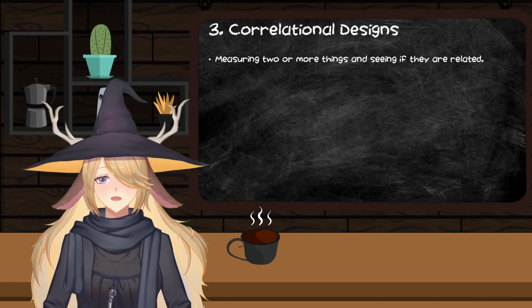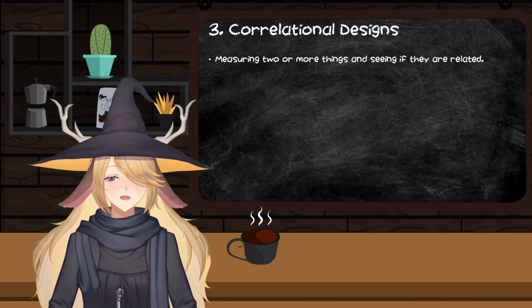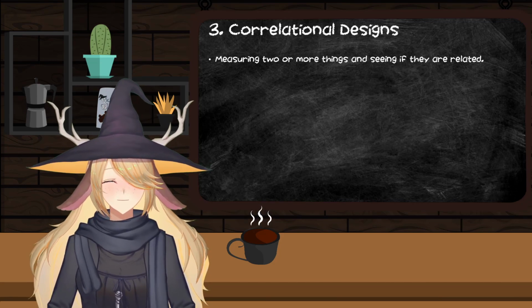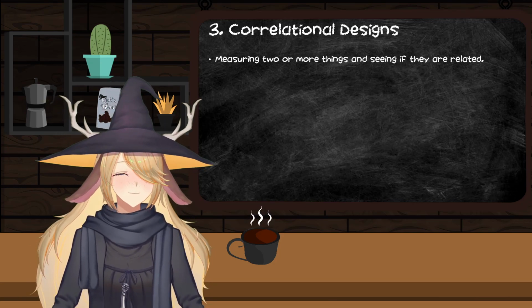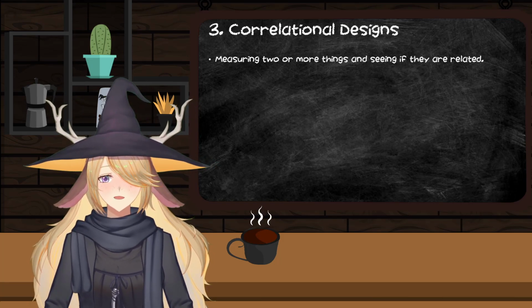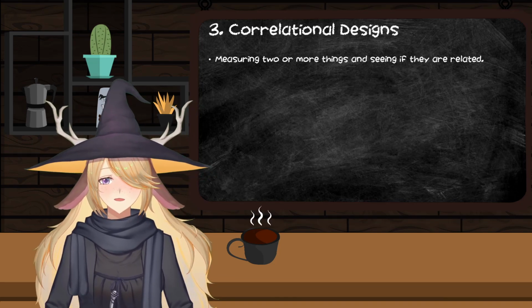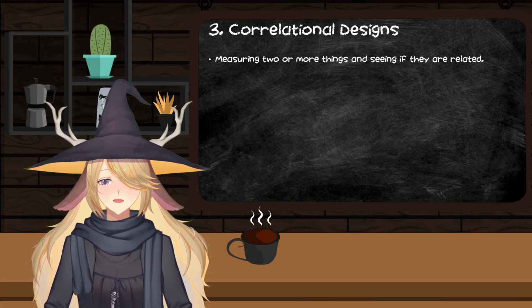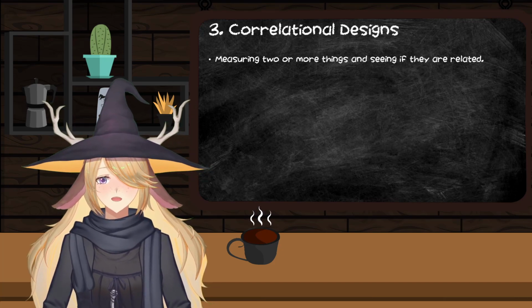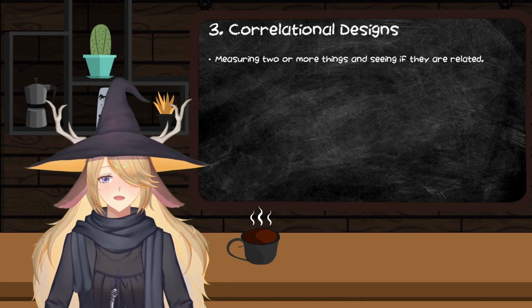So what is a correlational design? We talked a little bit about these last week, but basically a correlational design is measuring two things and then seeing if they are related. So for example, is there a correlation between the game that I play on stream and my overall viewership? Is there a correlation between the number of funny jokes that I tell and the number of subscribers? Is there a correlation between the number of stolen jokes that a person tweets in a week and their following? Turns out there probably is.